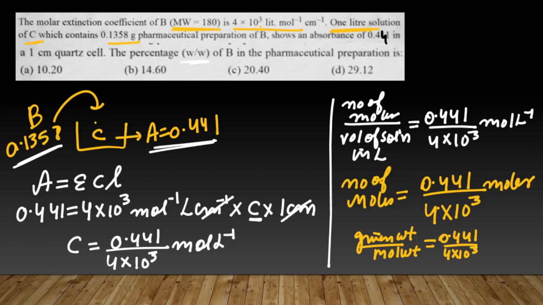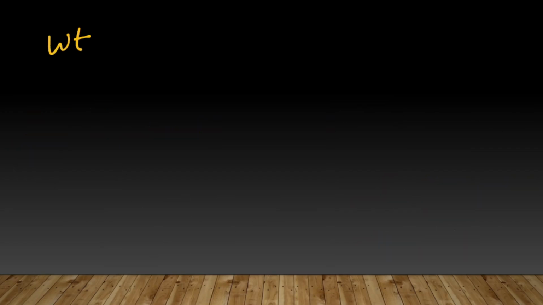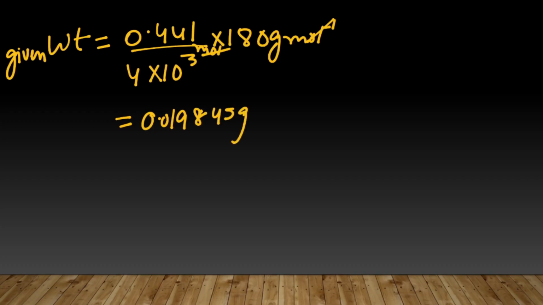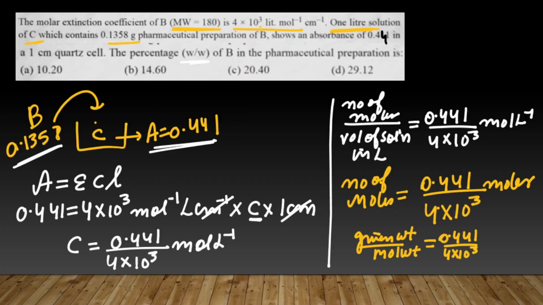So the given weight we can find out. The weight will be 0.441 upon 4 into 10 raised to the power of 3 into 180 grams per mole. So these are the moles we were having, so the per mole will get cancelled out. That means how much amount of the B is present in the solution in grams. We call this the given weight, and it is equal to 0.019845 grams. So how much B we added in the preparation was